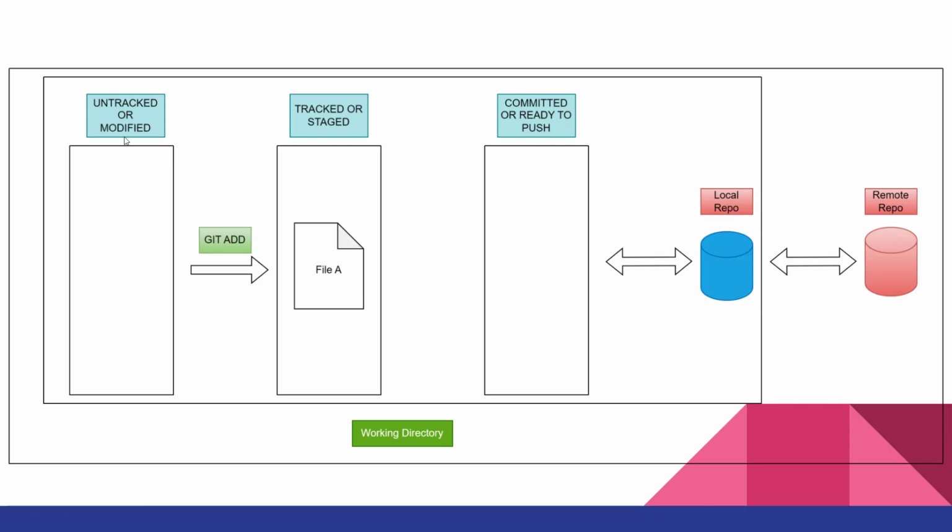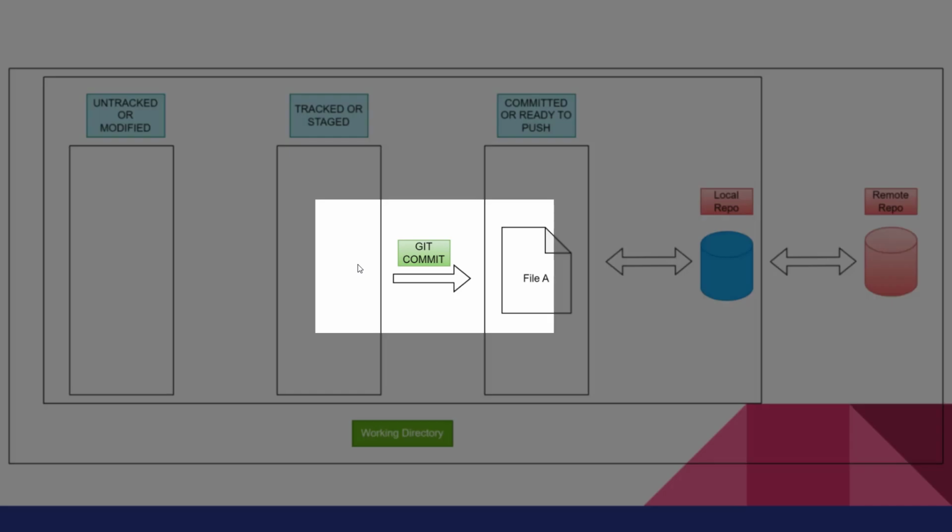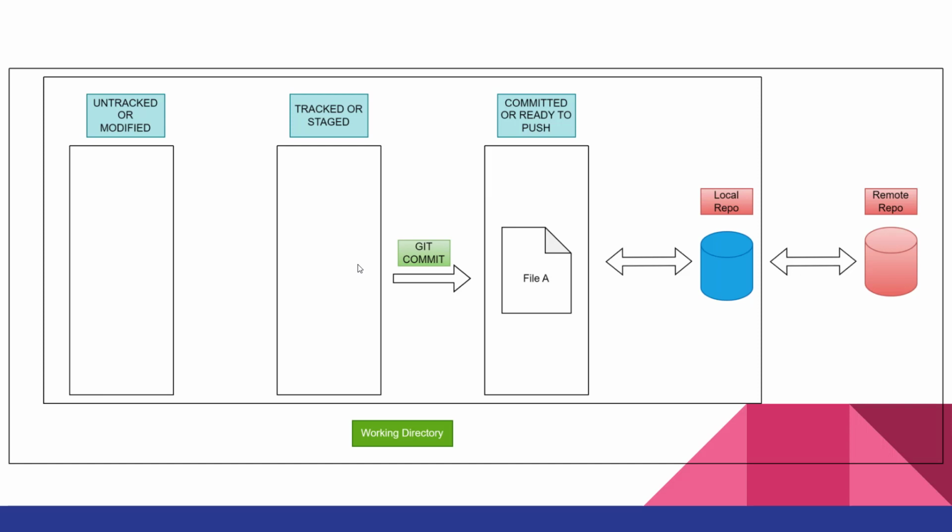That's why in the first stage I have written untracked or modified, because whichever stage it is, we need to use the git add command to stage it again. Once we complete all the modifications we want, we use the git add command to add the final version of file A to the staging area. After that we have the command git commit. This command says that we are saving the version we have staged. It means we are giving a commitment that these things I want to post to the remote repository. And once we commit the change, this version of the file is ready to post to the remote repository.